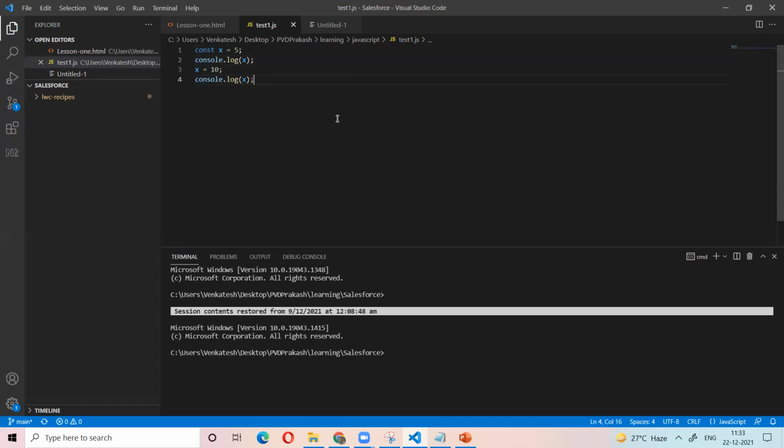Sir, error. Why? Because const cannot be reassigned, not redeclared, not reassigned. Once we assign the value, we cannot change that value. Just remember that. But with a variable, once we declare, we can assign many number of times. So a constant is not changed throughout the program.